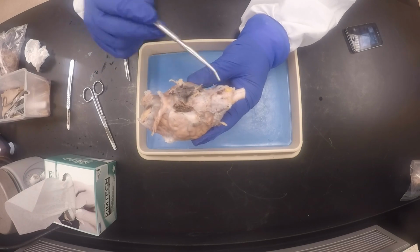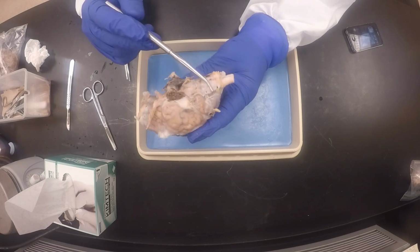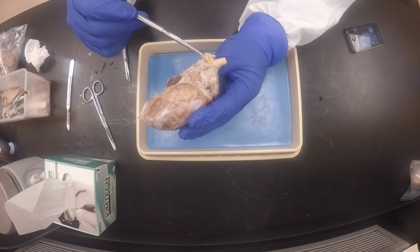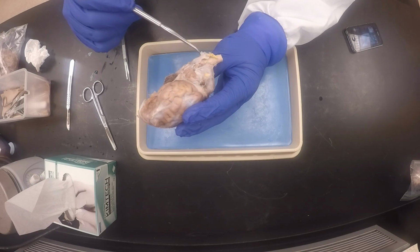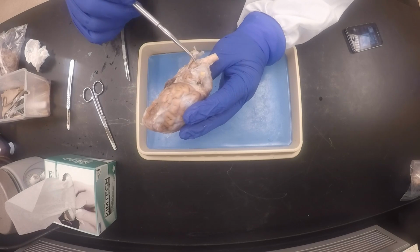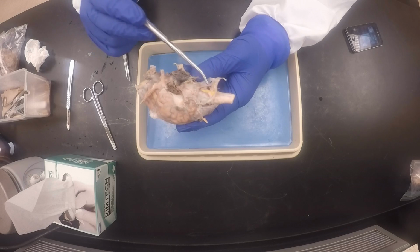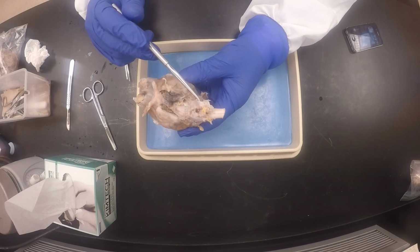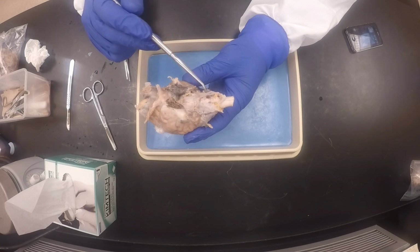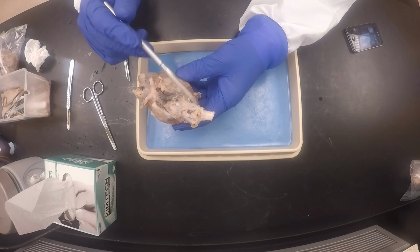Okay, and then you go towards the back. Here is the medulla oblongata, and it ends right there. So the cranial nerve that's right on the last part, this is where the spinal cord starts. That will be cranial nerve number 12. So usually I put just a pin over here on the last part of the